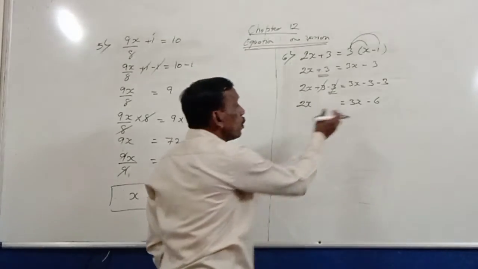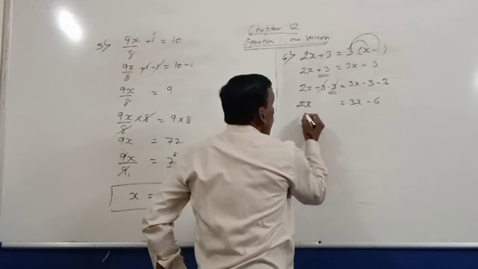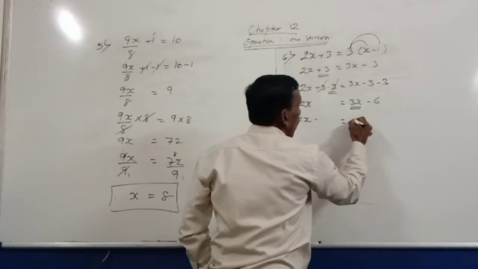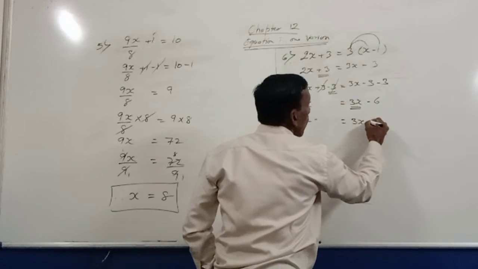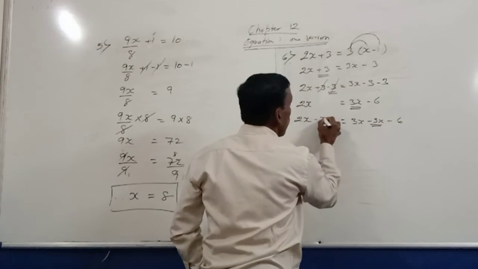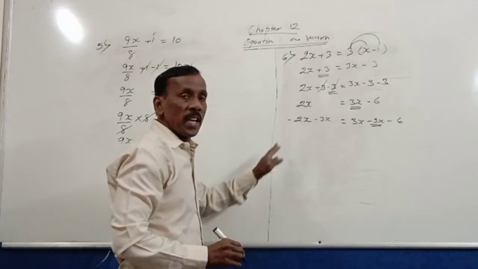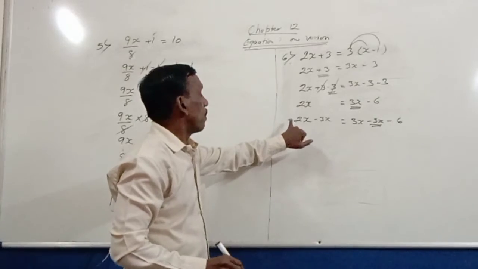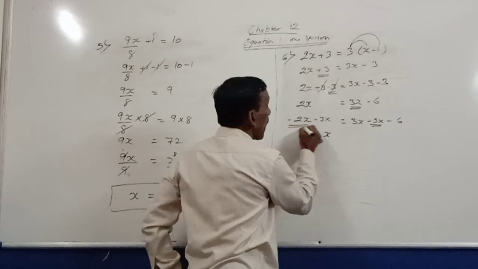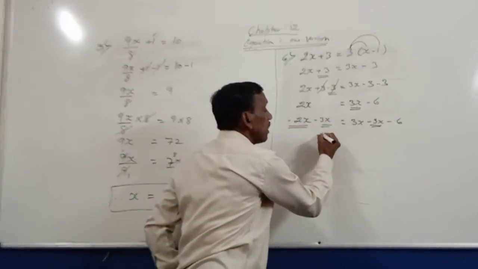Suppose I am shifting to this side, so what will become here? I will do 2x minus 3x on the left, and minus 6 on the right. Whenever no sign is standing, it is considered as plus. Plus into minus is minus. 3 minus 2 will become x, but we have to put the sign of the bigger number. Bigger is 3, which means we have to put minus: minus x is equal to.